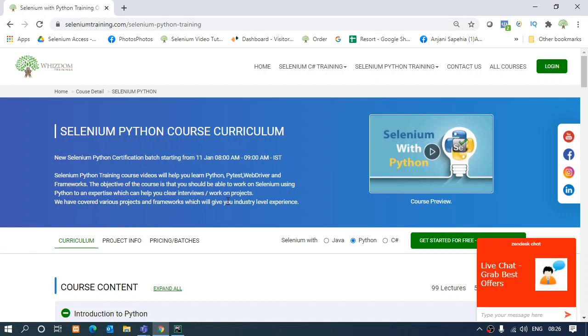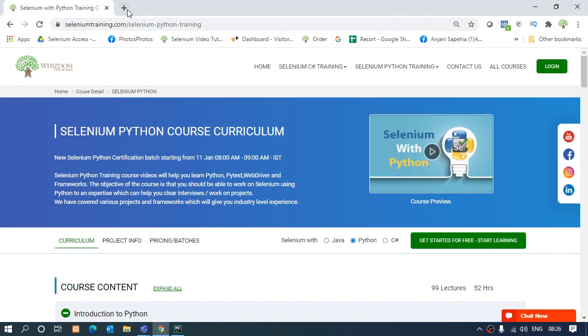For that there is a full explanation that we are going to cover: what the types of elements are that we see on the web page, and how we can identify them. Everything we are going to do. We are going to take the example of this website only, selenium.com.